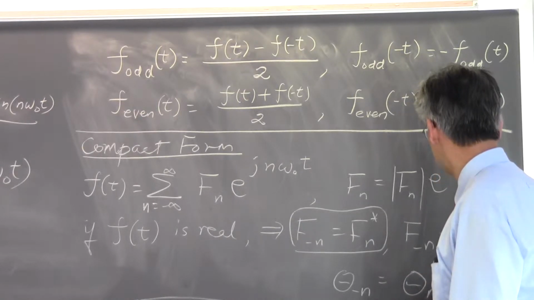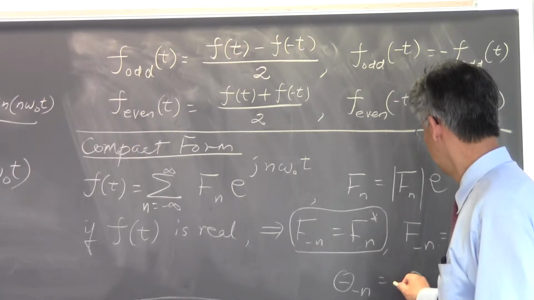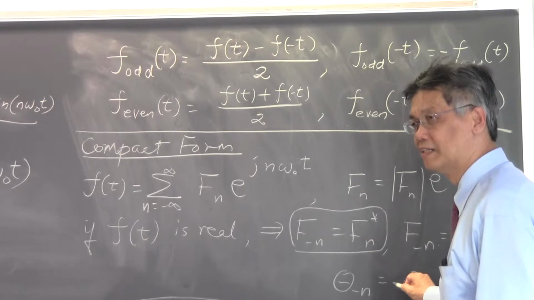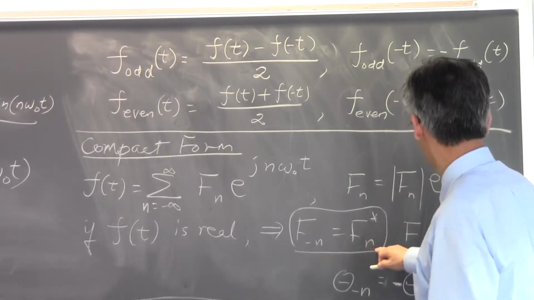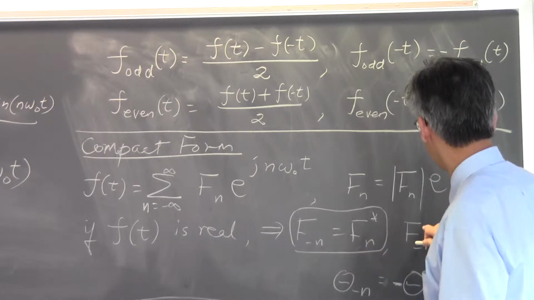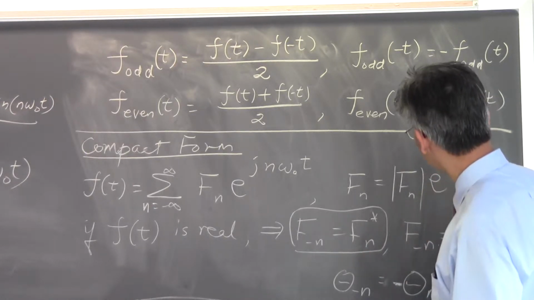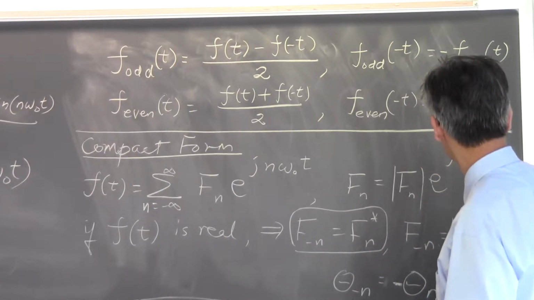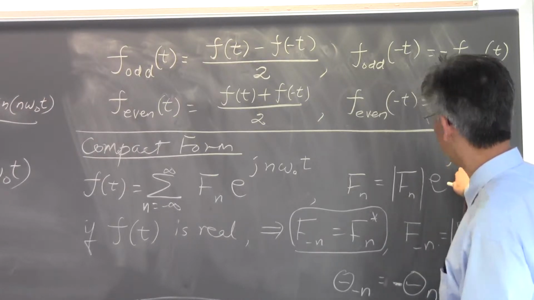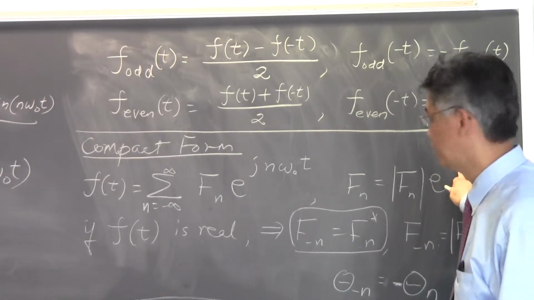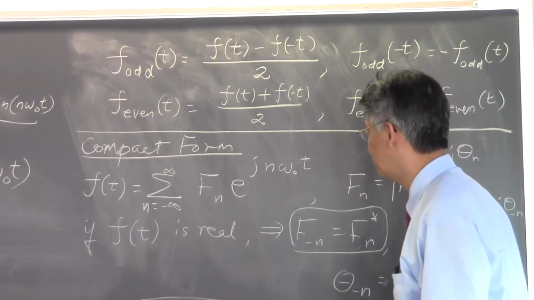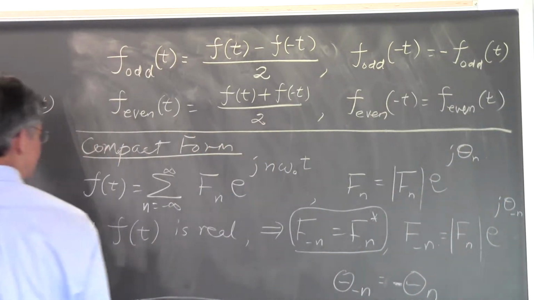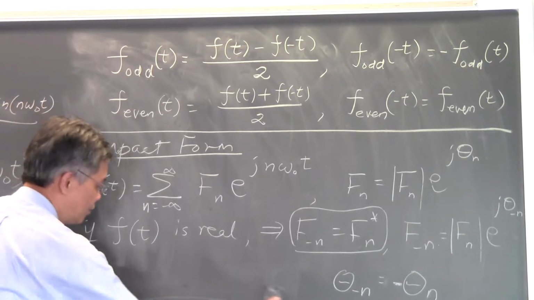If I put theta of n here, just a negative sign, right? Just a negative sign. If this property is true, if this is the complex conjugate of that one, then theta of minus n must be negative theta of n. So the two phases are related in this manner, and that allows you a way of writing this